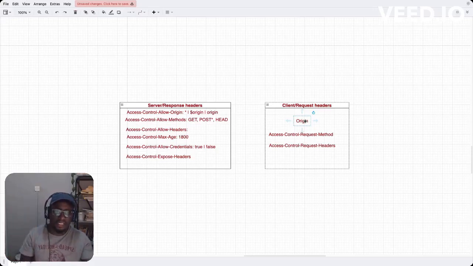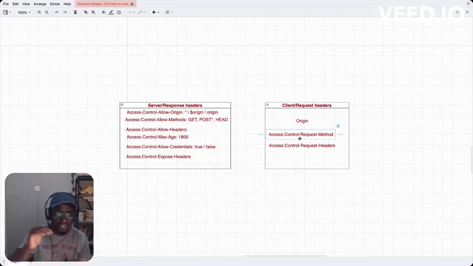The next header is Access-Control-Request-Method. Since we've been talking mainly about origins, we now have more request parameters that are watched actively and cautiously by the browser. One of them is the request HTTP method, whether it's a GET, POST, PUT or DELETE method. The browser will read it and then decide: is this HTTP method safe to use by default? If it is not considered safe based on the policies of cross-origin resource sharing, then the browser can block the request,